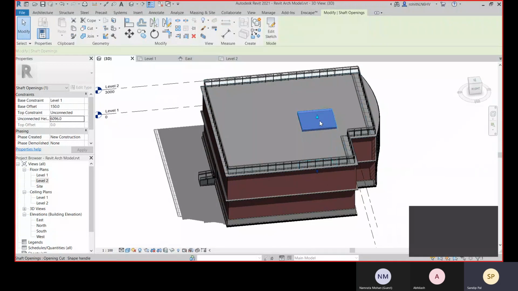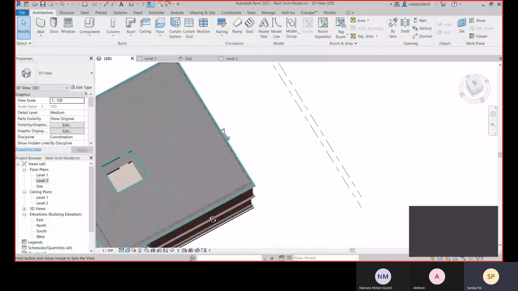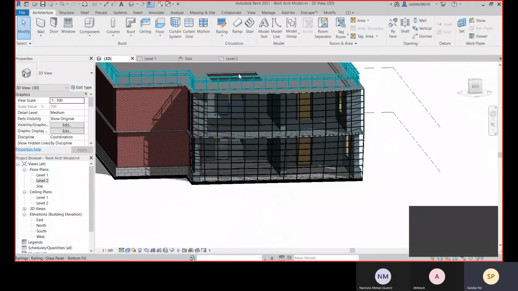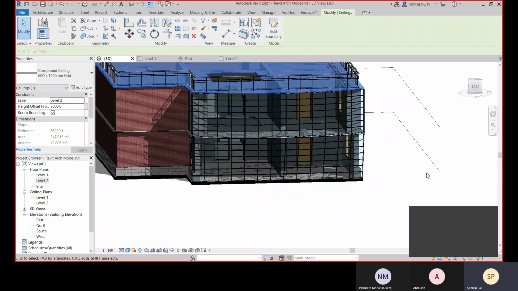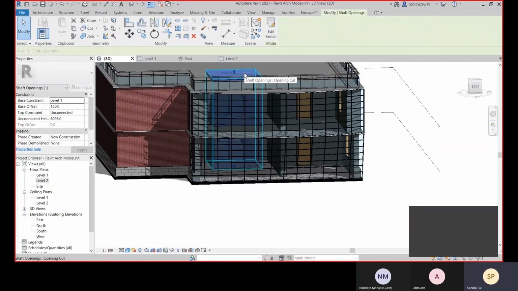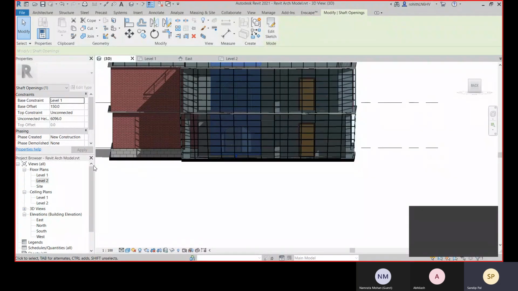Let's go to this, and there you can see this cut has been provided. Why have we provided this base offset?